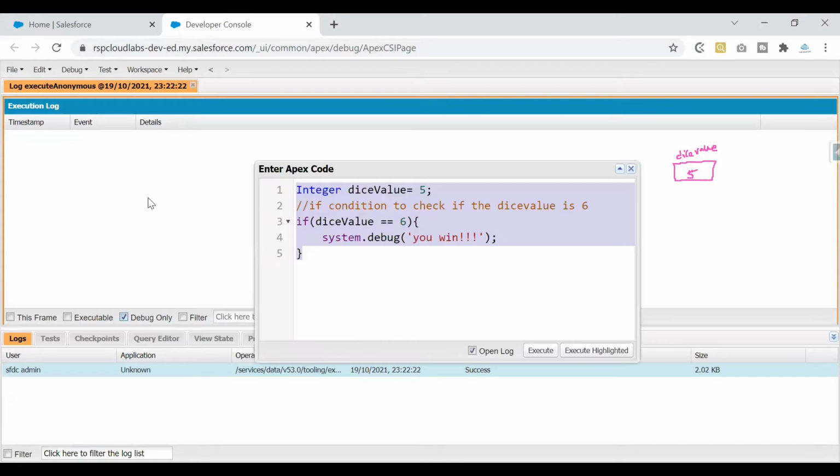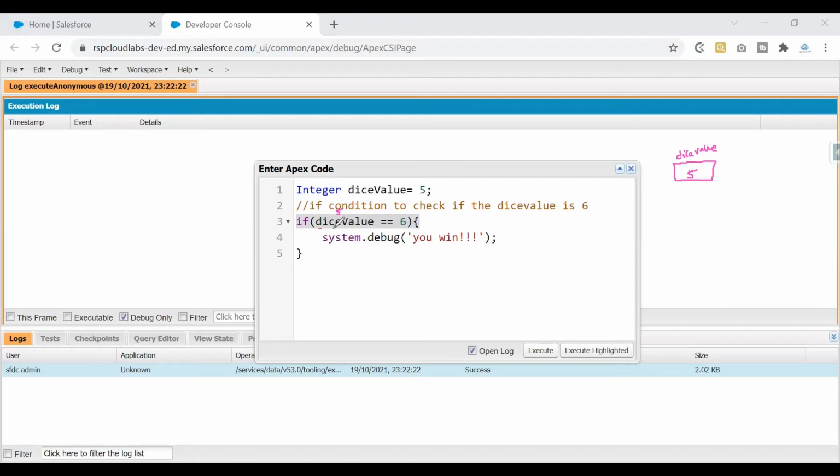The reason for that is since this condition is not met, the system came here and created the variable. This is how it looks in the memory blocks. And it has ignored line number 2 because it's a commented line. A single line comment it would ignore. Next it has checked line number 3. The value that we have in die value is 5.